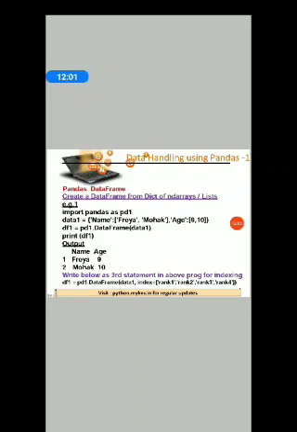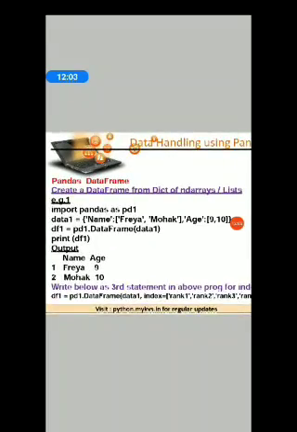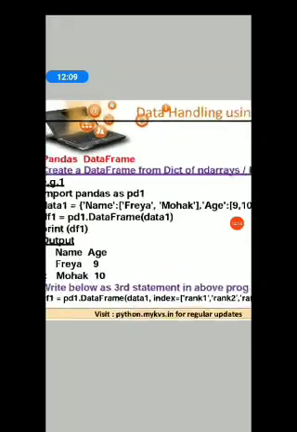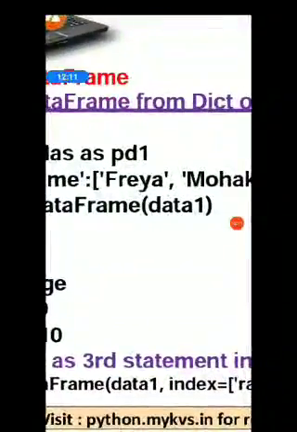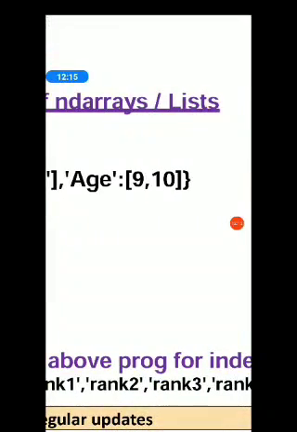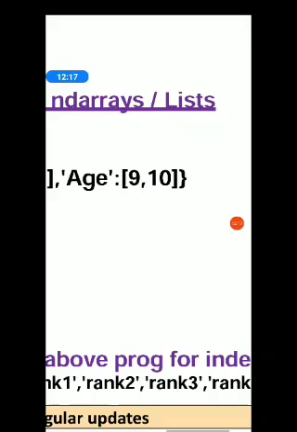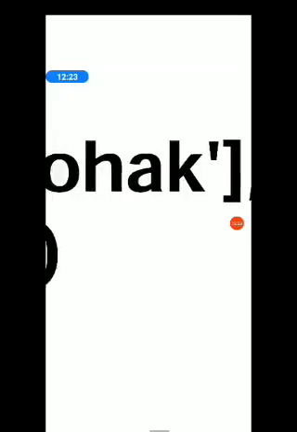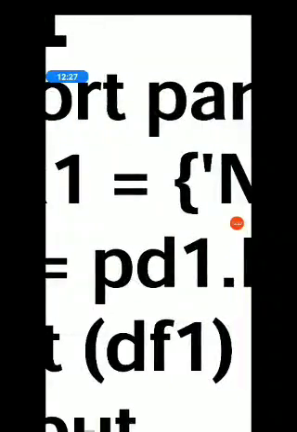This is creation of a data frame from a dictionary of ndarrays. Let us create a dictionary. Here in name I have written two names, Priya and Mohak, and two ages, 9 and 10, and this is inserted within a dictionary. As you all know, a dictionary is inserted inside curly braces.